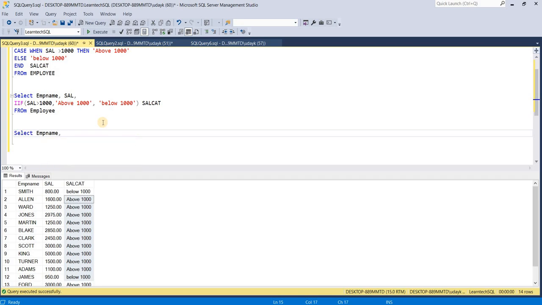My employee name, salary, and under the if condition, my first Boolean expression would be if salary is greater than 1000. If this is true, I want to use another nested if function inside this. Now here, if my salary is greater than 1000, it will go and search for another Boolean expression where my salary is between 1000 and 2500. Under this nested if function, if the Boolean expression is true, I want to display the value as between